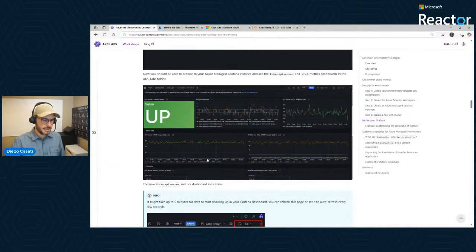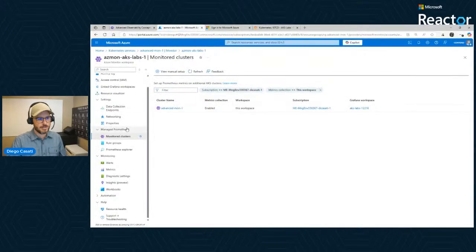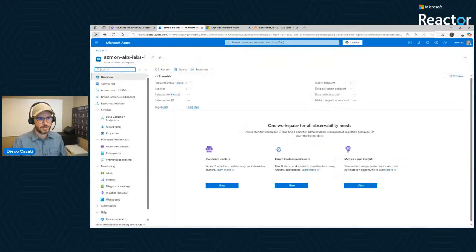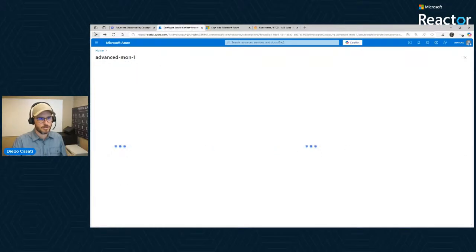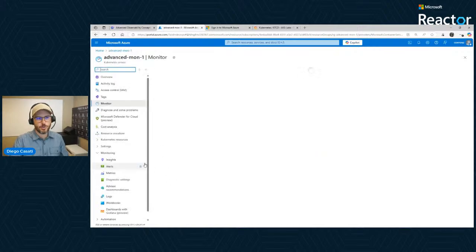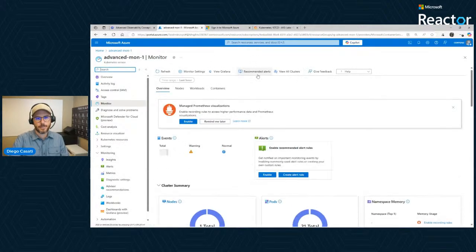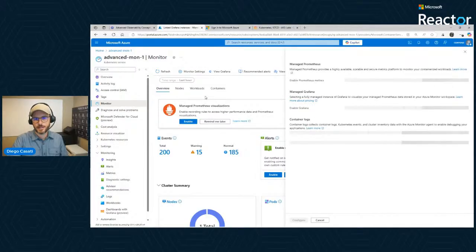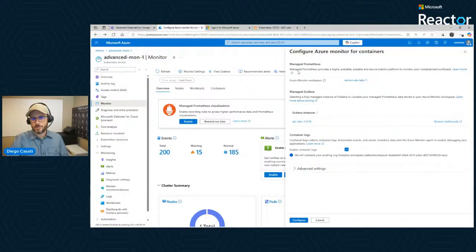The reason you need the workspace ID is that you're tying this together. So let me go back one level, so it's a little more clear for you. As we go back to AKS, in monitor settings, you can see Manage Prometheus.